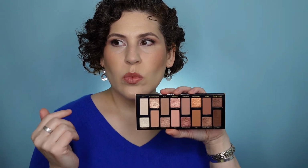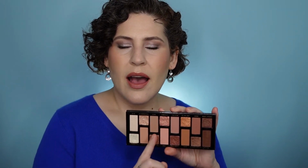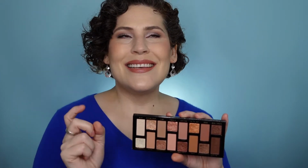And what I like about this palette is that I feel like it, instead of being kind of like a warm neutral or a cool neutral, it seems more in the neutral. And then you do have kind of more like blush tones in here. You do have more of these coppery warm tones, but it's these blush tones that really pulled me in. I did have kind of like a bone to pick with this palette, and it was these two lightest